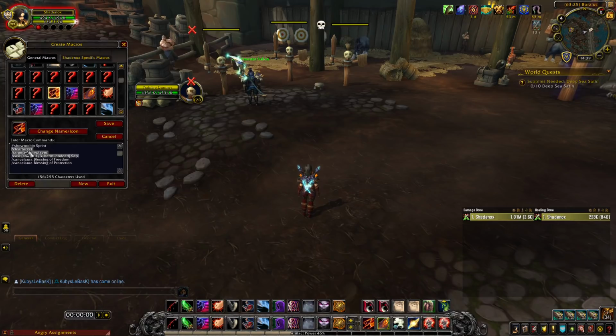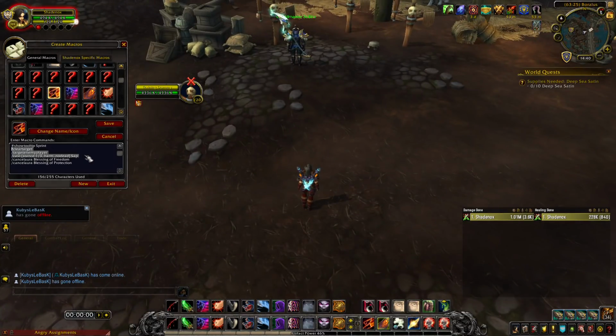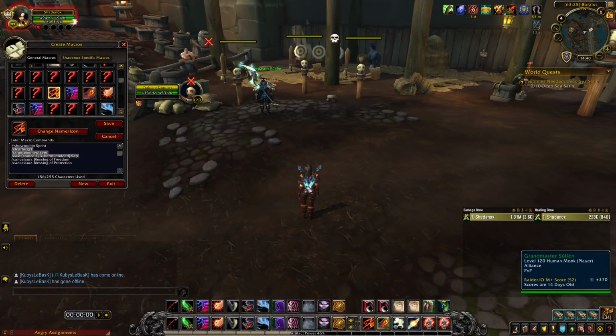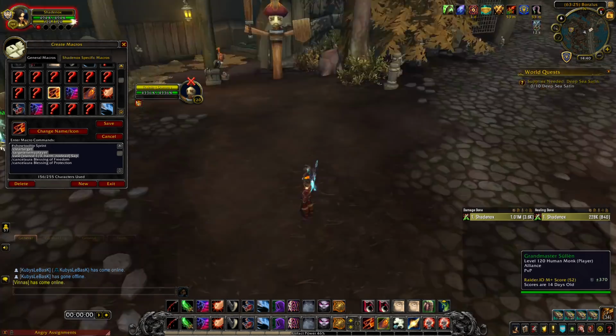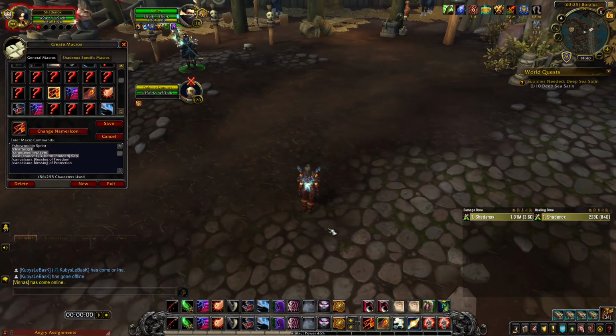What it does is it clears my target if I have one, then it targets the nearest enemy player and attempts to sap it if it's in range. So if I spam this macro, it will keep clearing my target and target the closest enemy player. If I'm playing against a Priest Rogue, okay, this guy is the Priest, and I'm spamming my macro,